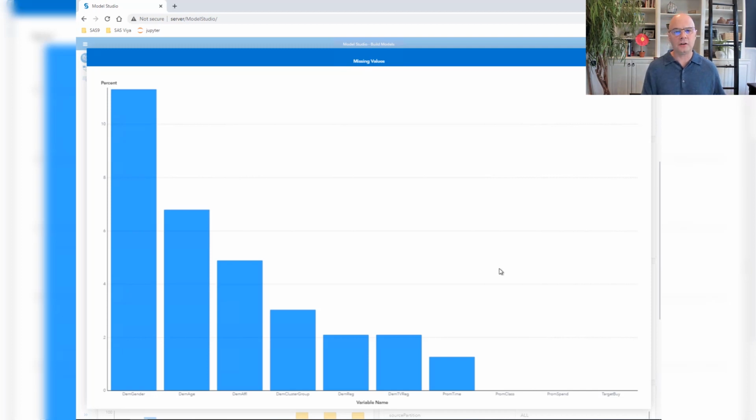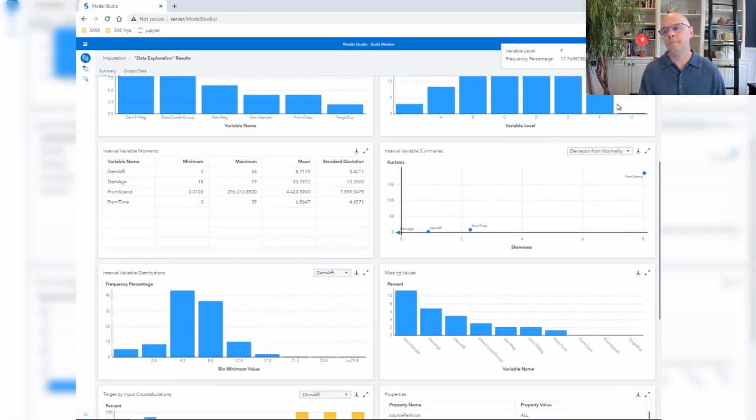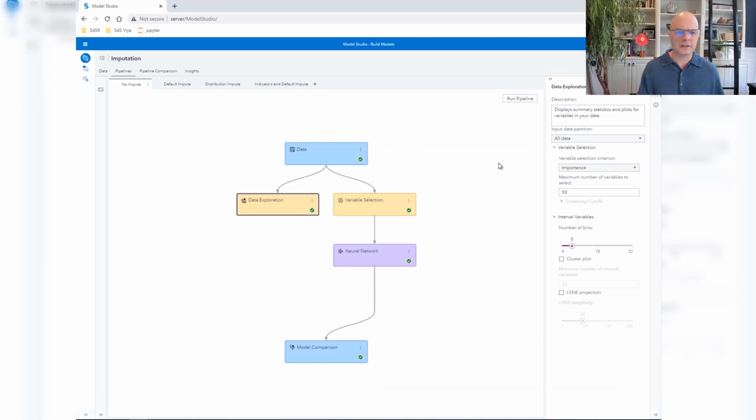So demographic gender is the variable that has the highest percentage of missingness. That's the variable that had about 11% missing. In second place comes demographic age with about 7% of its values missing. Let me restore that plot and close the results. So we definitely have missing values. We definitely should be imputing them.